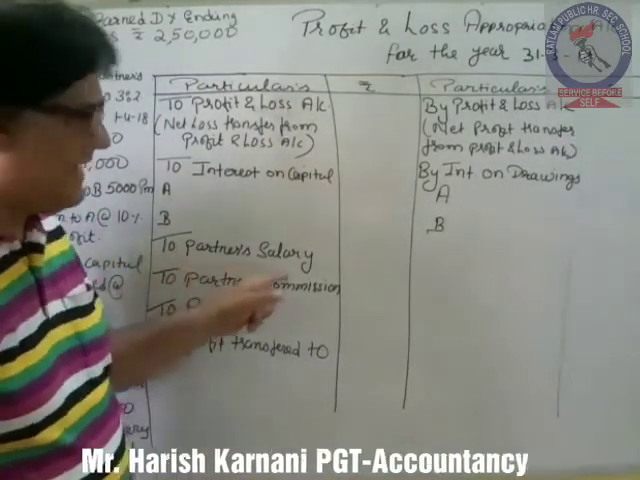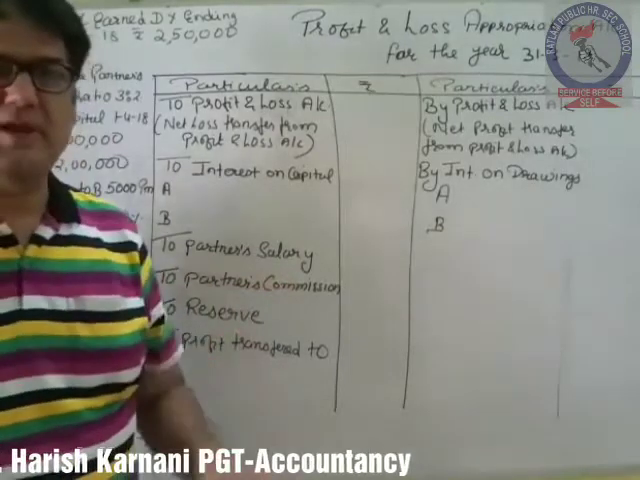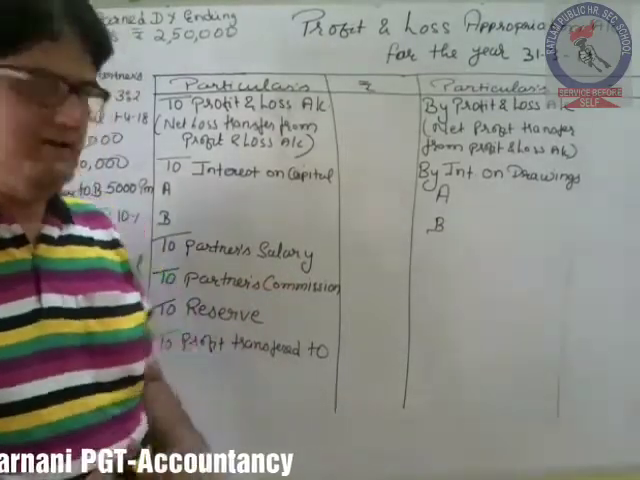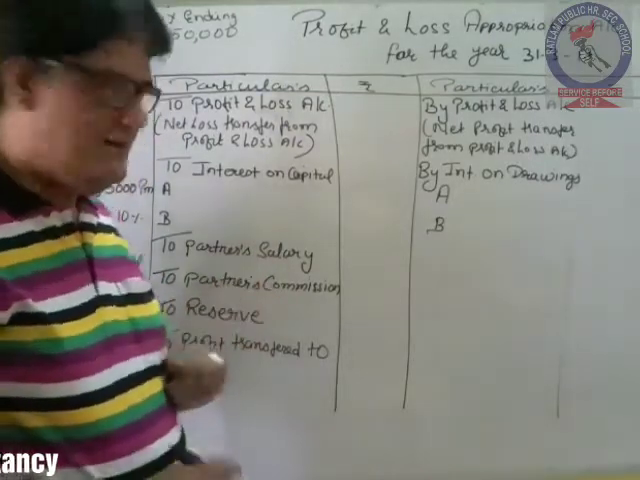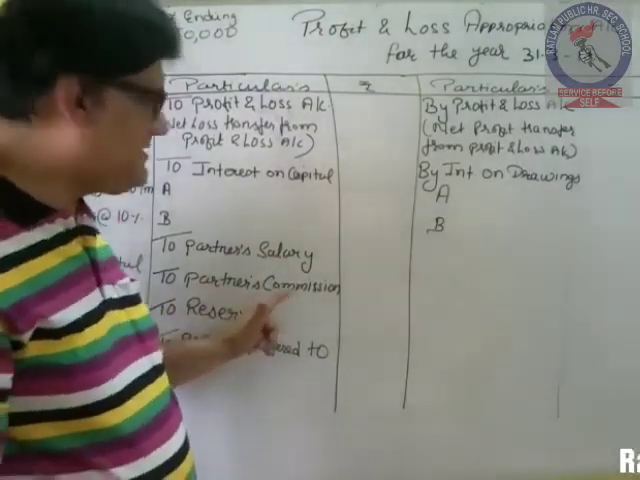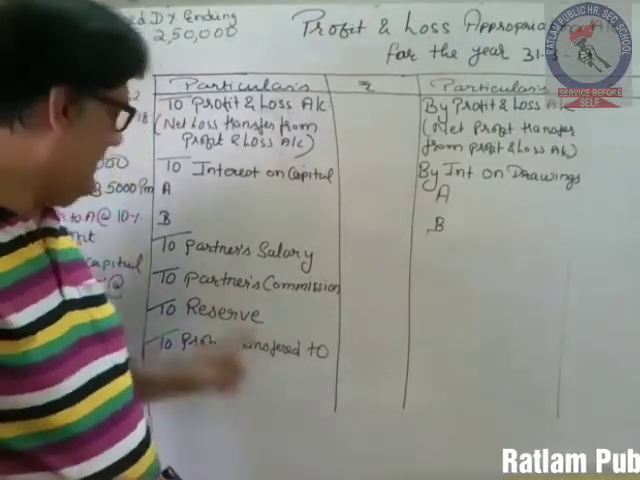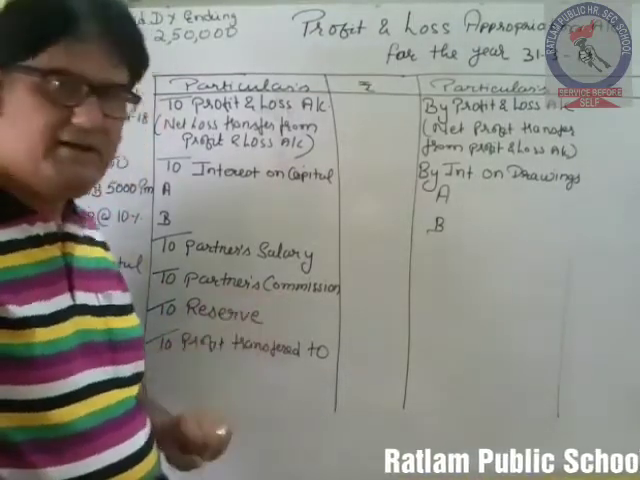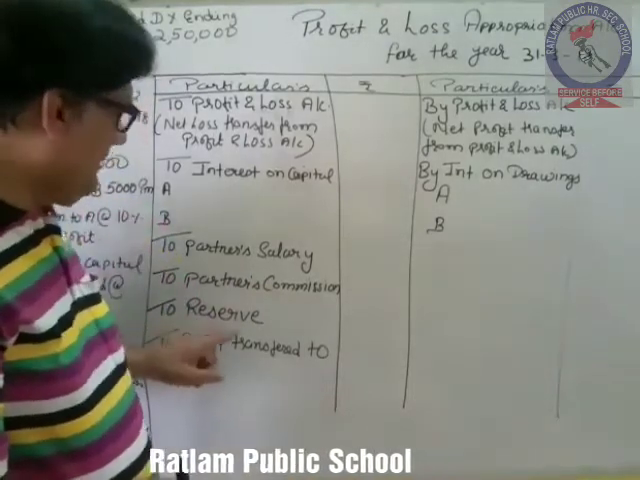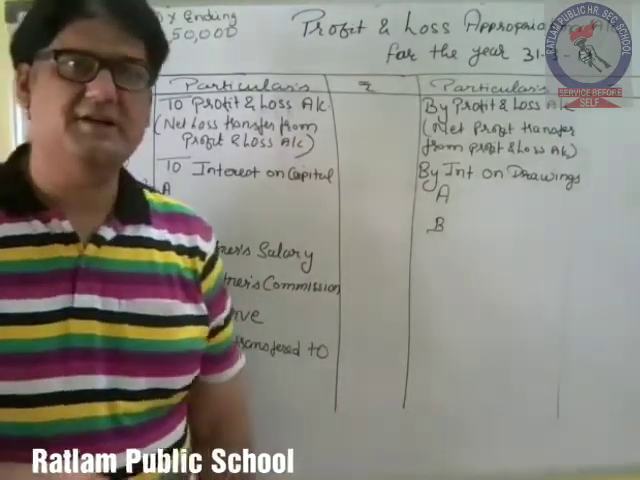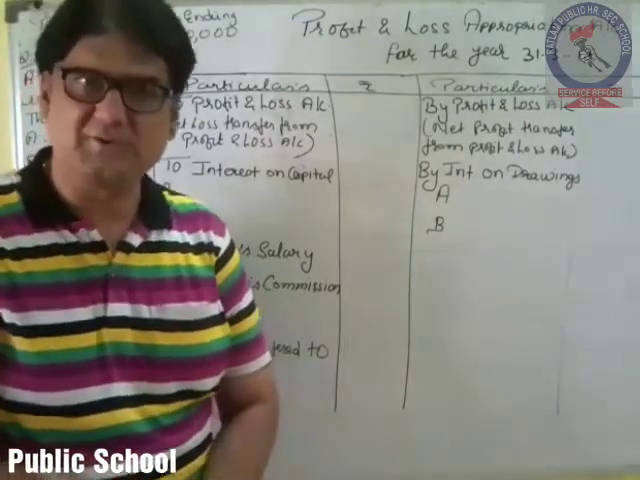Then comes partner salary. If we are supposed to pay salary to any of the partners, then the salary of that partner will be debited. Then if there is any commission to be given to a partner, that commission is also to be debited after calculating that amount. Then to reserve, if it is decided that a certain amount of profit should be transferred to the reserve,